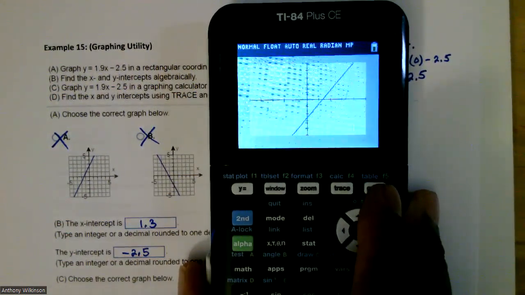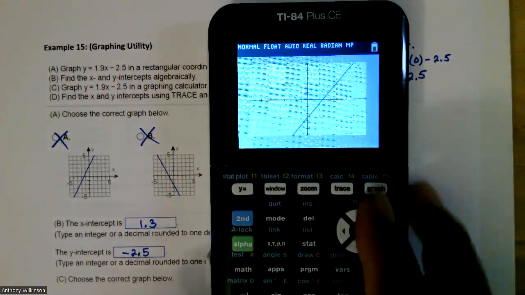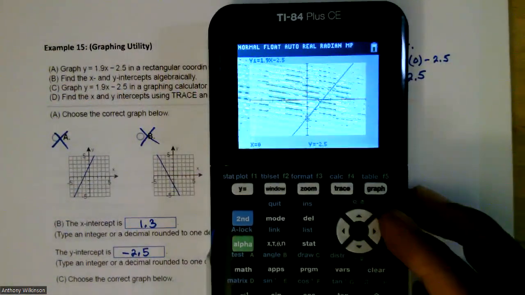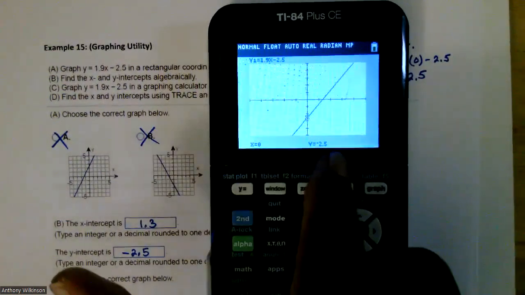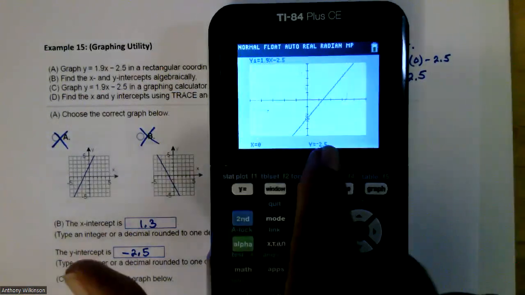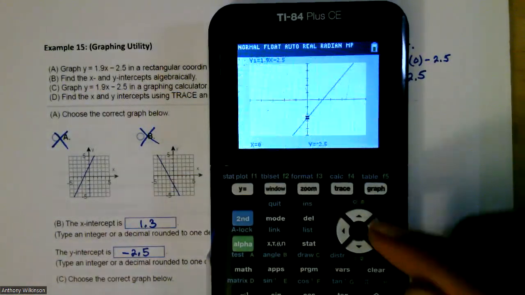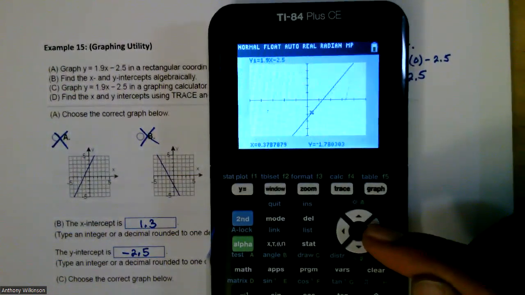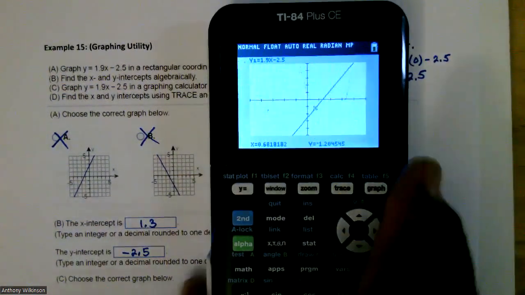All right, so they say use the trace command. So if I press the button that says trace, you'll see at x equals 0 is negative 2.5 for your y. That's your y-intercept. And then if I use my right arrow key,